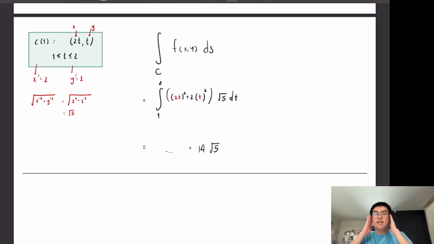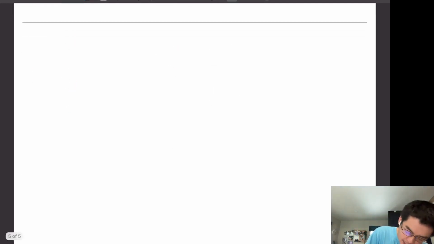All right, so that's the basics of line integration, but that's not all. Sometimes people don't like to write it as dx, dy. People like to combine it, right? Sometimes,